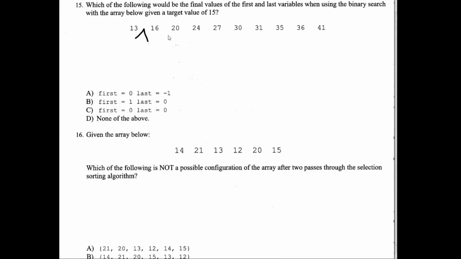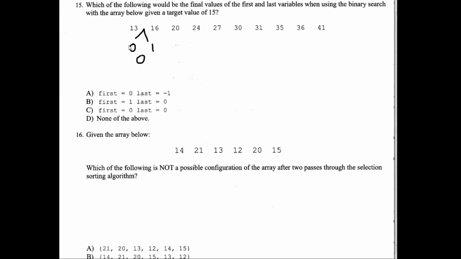Now, if you remember how sequential search works, it will shrink the bounds of the first and last variables until they are either equal to or surround that desired value. So eventually first is going to be 0 and last will be 1, and then the midpoint will be 0 because it rounds down. And in that case,